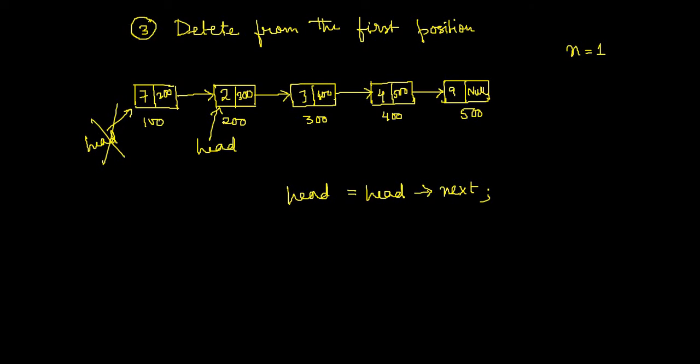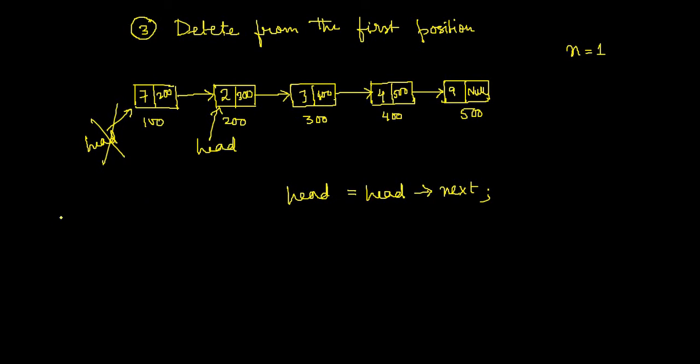But the problem is that we are using dynamic memory allocation. The reason for using dynamic memory allocation is that we can create a node at any point of time if I require. Even we can delete at any point of time if I require. So if I'm not able to delete this node, then there is no use of dynamic allocation. That's why somehow we have to delete this also.